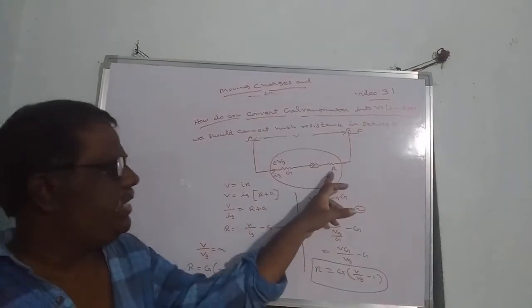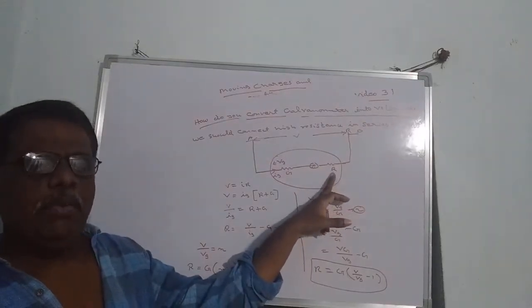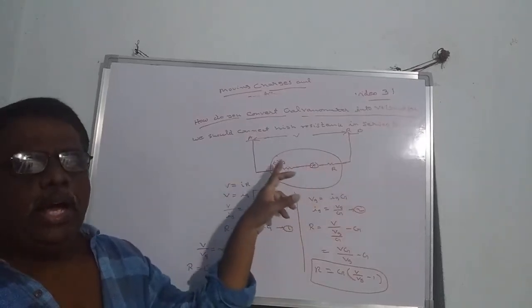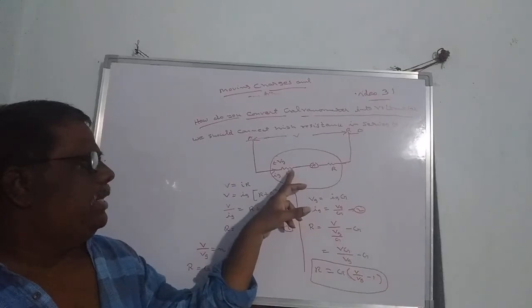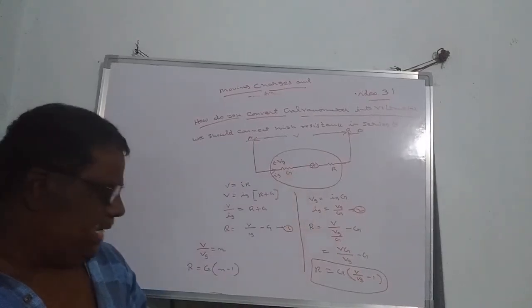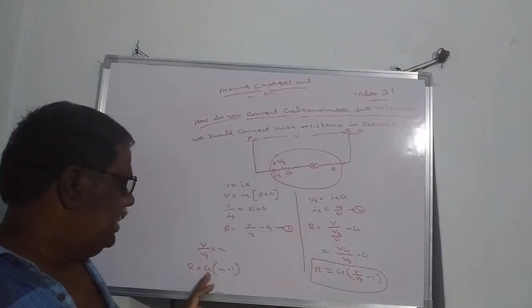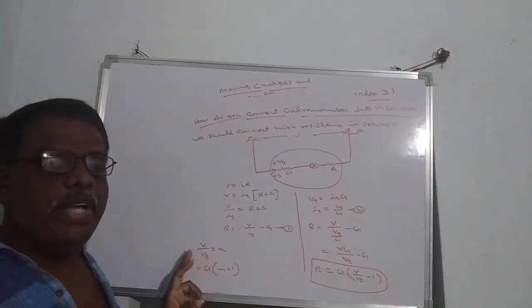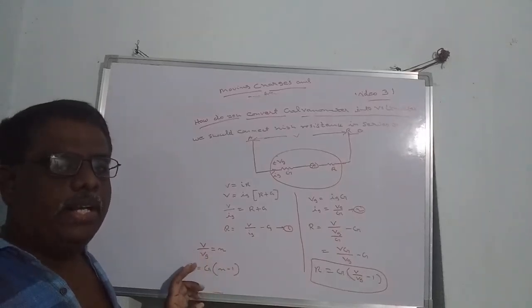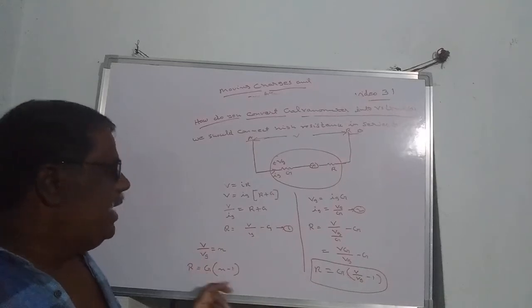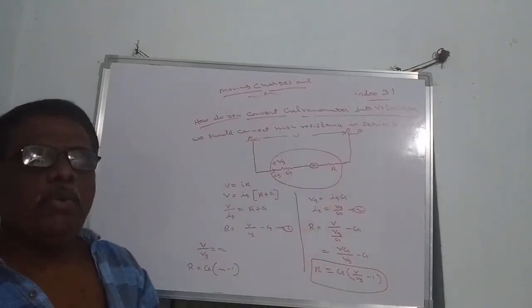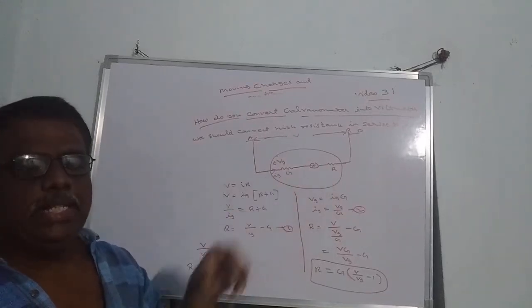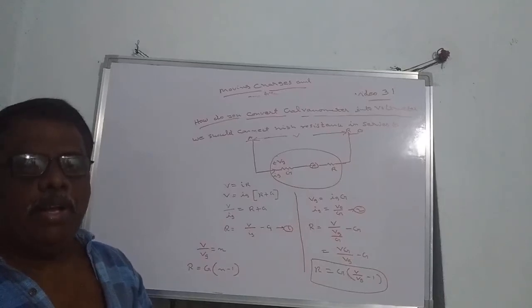When the resistance is large, a smaller amount of current and a low potential drop will pass through the galvanometer, and this increases the resistance of the galvanometer. Therefore the formula for the resistance in series is G into (N minus 1). What is N? N is the ratio between total voltage and voltage across the galvanometer. So when the resistance is high, less current and low potential drop pass through it.